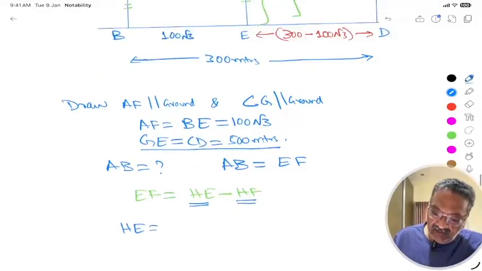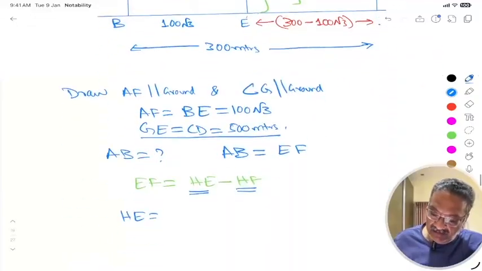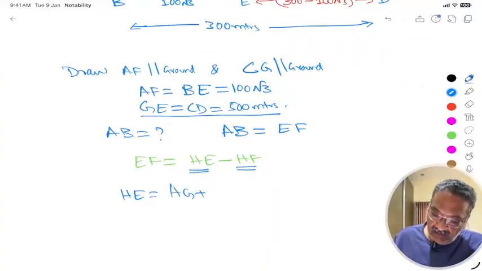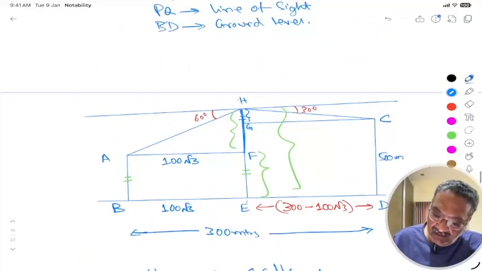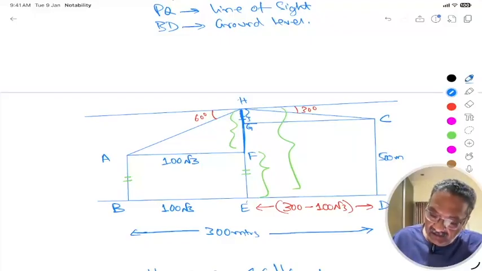So HE will be equal to this portion. HE will be equal to HG plus GE, and GE is 500 meters. Correct? So now we need to find this distance HG. To find HG, let us take the triangle